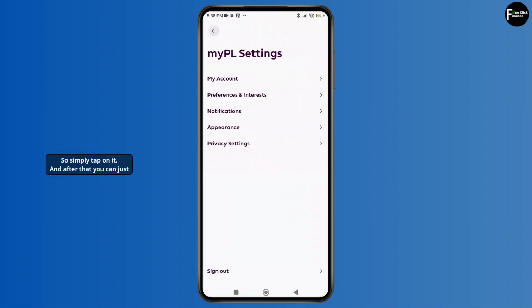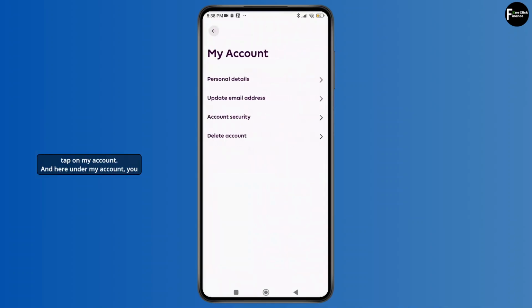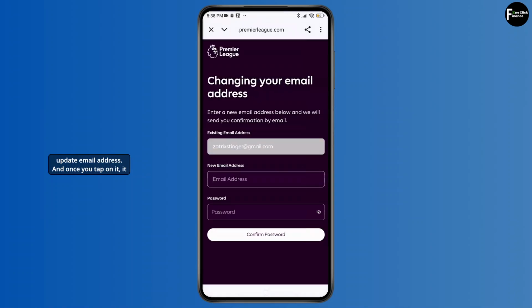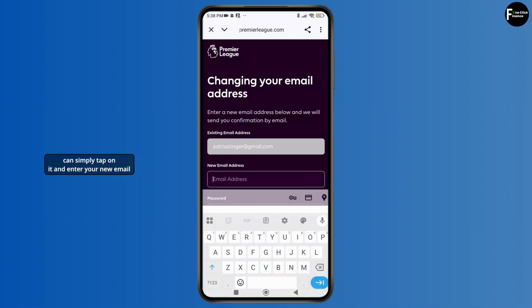And after that, you can just tap on My Account. And here under My Account, you can simply tap on the option labeled Update Email Address. And once you tap on it, you'll be taken to the page where you need to enter your new email address. Now here look for the section labeled email address, and here you can simply tap on it and enter